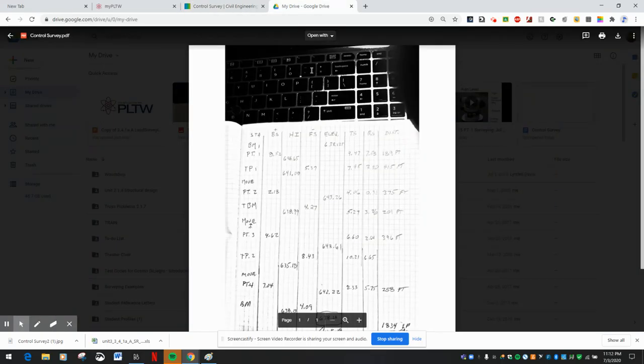And 2.18 plus 641.09 gives me an elevation of 643.26. And then I have 4.06 minus 0.31 gives me 375 feet. Now we move on again,